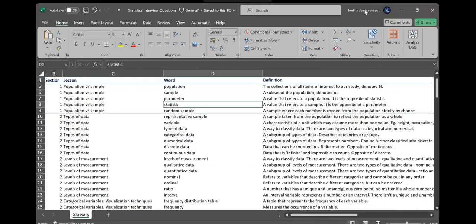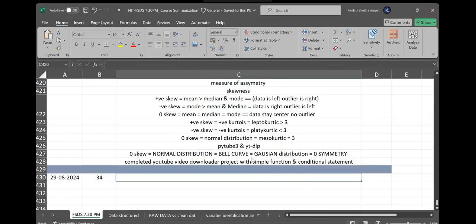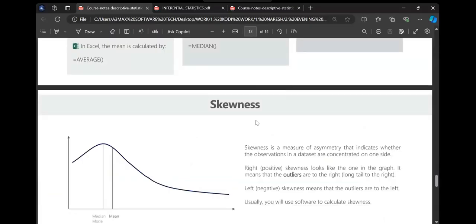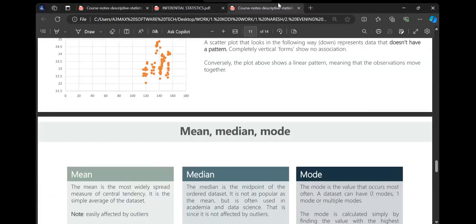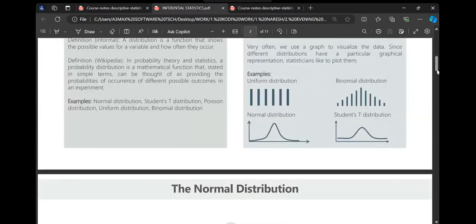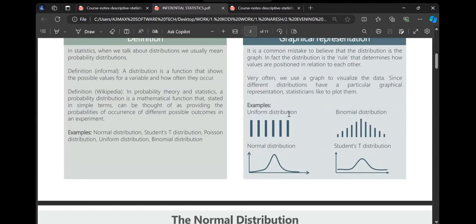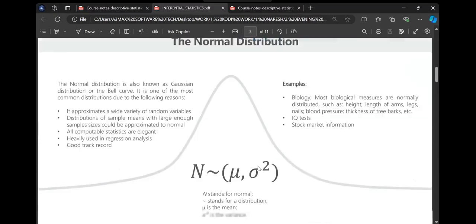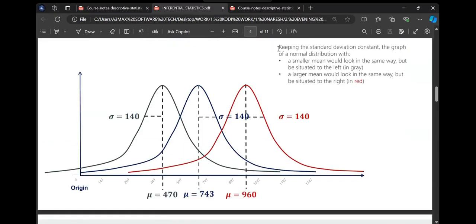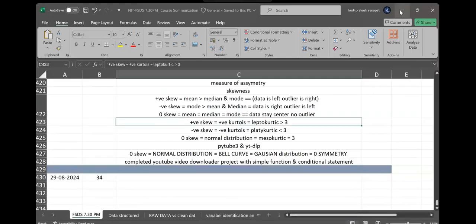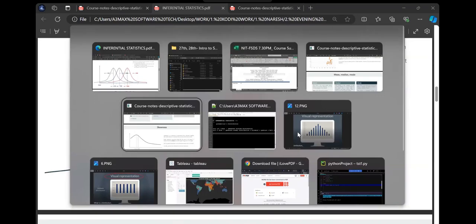I'll share all these documents to you, and today we introduce inferential statistics. Distributions. Do you see uniform distribution, right guys? Or binomial distribution or student-t distribution. We'll come back to all those things. Okay. Now statistics, I'll stop here. If I keep telling, everyone feels sleepy. Let's go ahead and go to another topic.